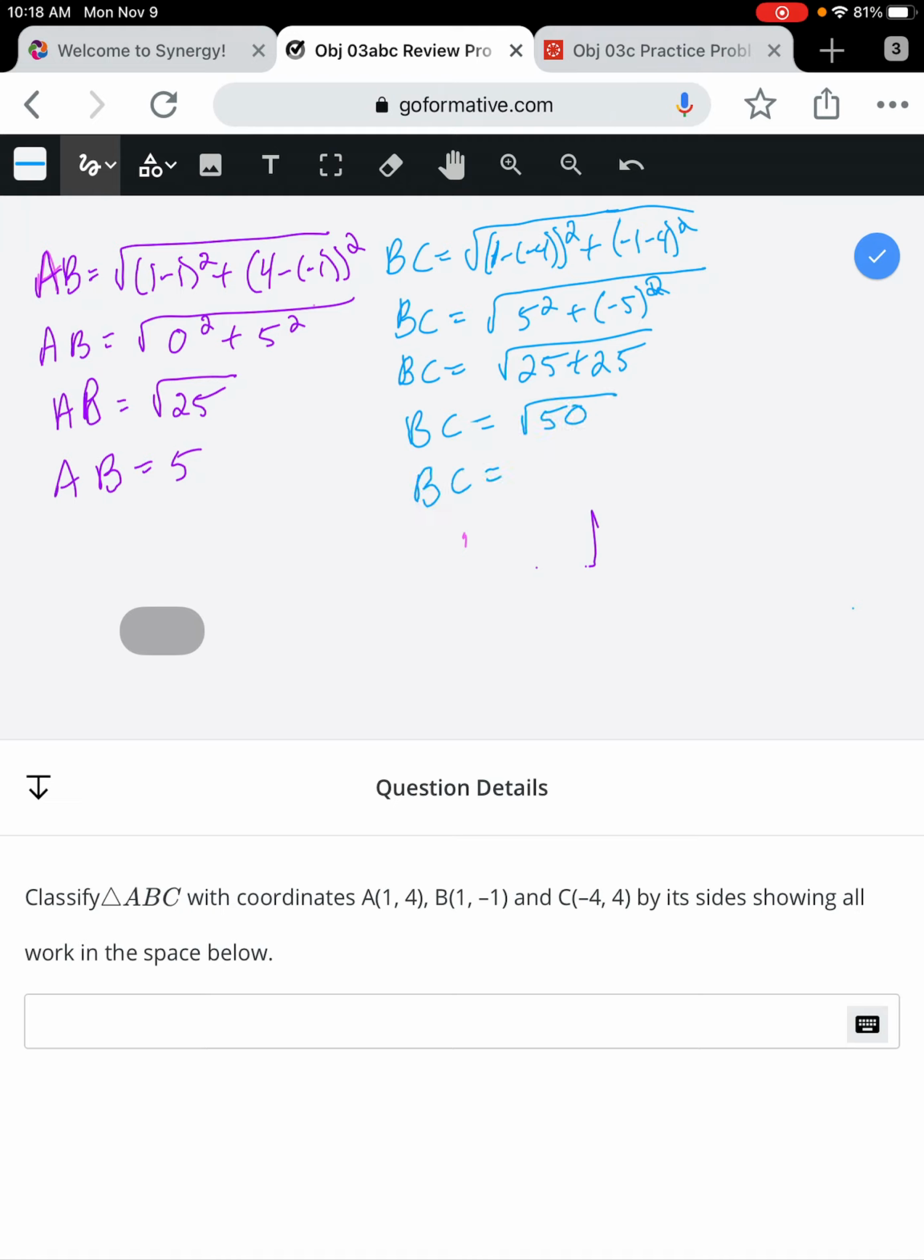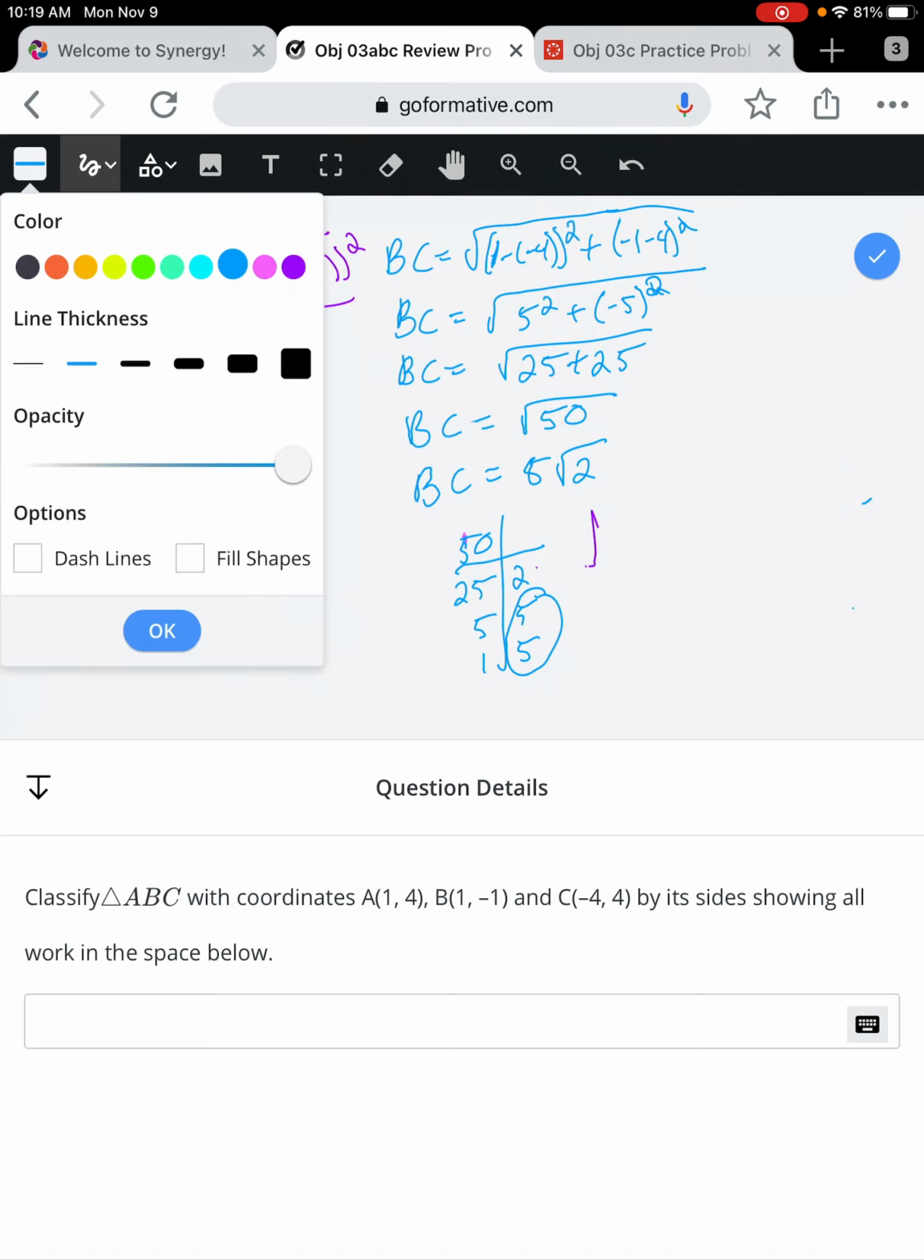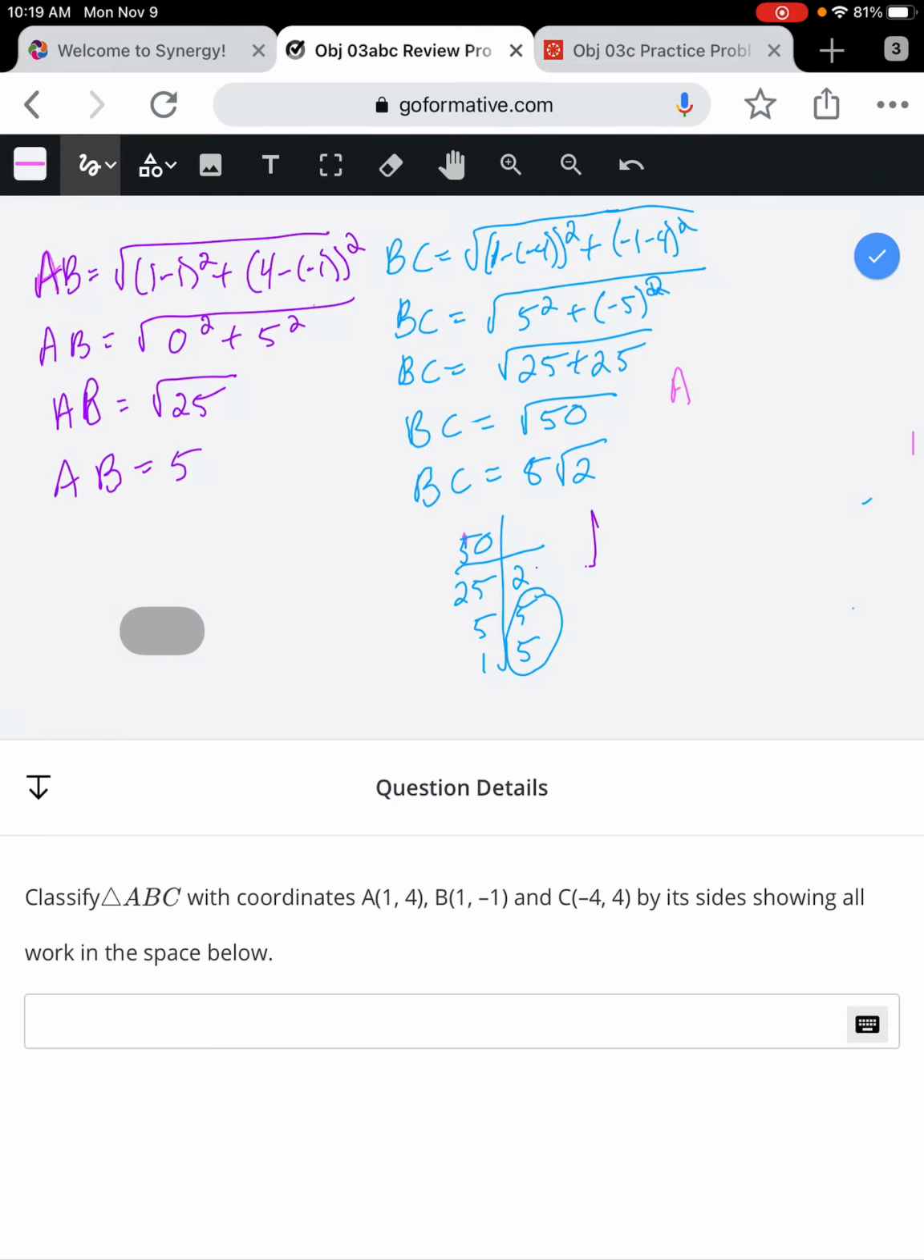Distance from B to C is going to be, well, 50, I'll break this down if I want to simplify it. 50 divided by 2 is 25. 25 divided by 5 is 5. 5 divided by 5 is 1. So I know I'm going to have a 5 on the outside, square root of 2 still on the inside. And that's just simplification. And then my last side is from A to C, which is going to be 1